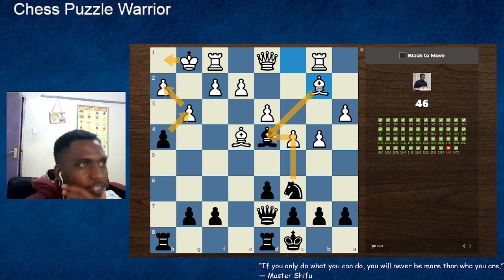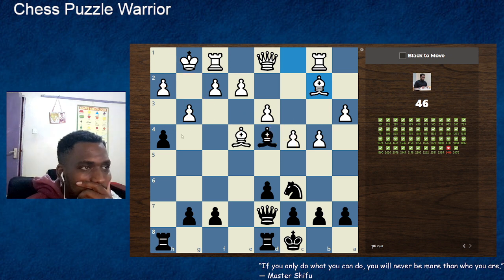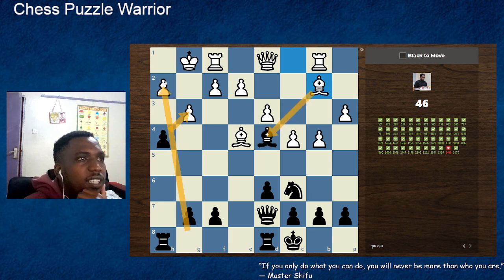And I have an advanced pawn, but it's more of a liability, because I cannot push it. And there is no way I'm giving a check on this diagonal. So this is tough. And what you will take. My opponent takes. If I take with the rook, take. They take. If I take with the rook,